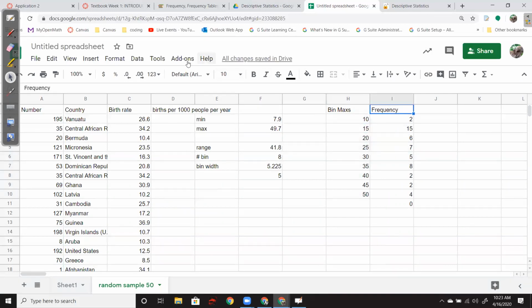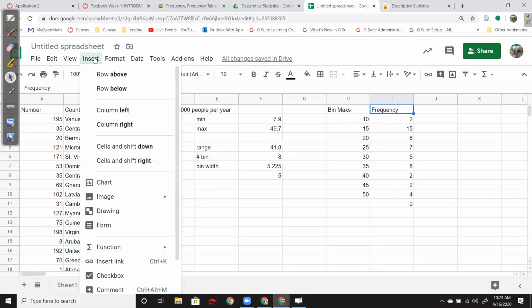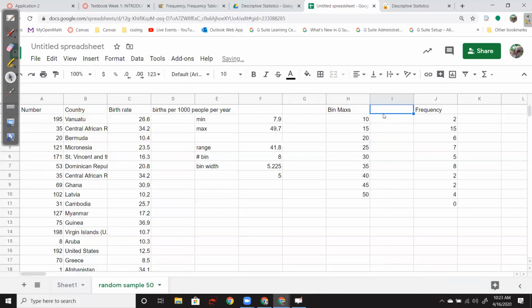So I need to sneak in here, adding a column to the left. And this is where I put the human readable bins. And I'm going to give them the crappy title of human readable. A better title would be birth rates. And then this one right here is from 5.1 up to 10. And the next one would be from 10.1